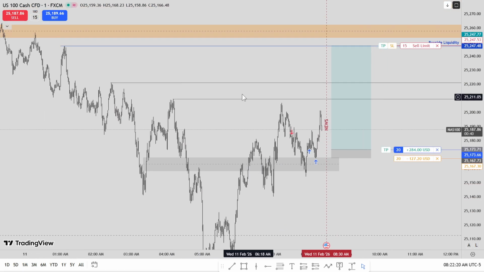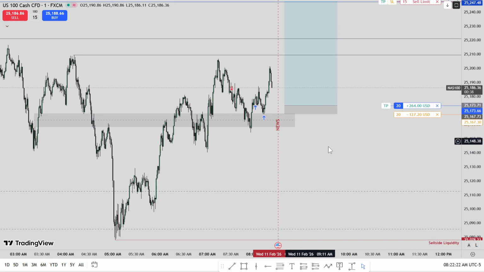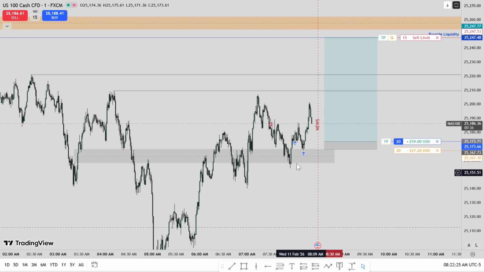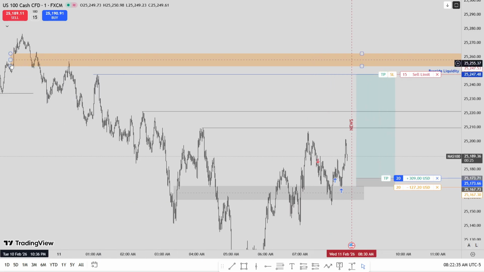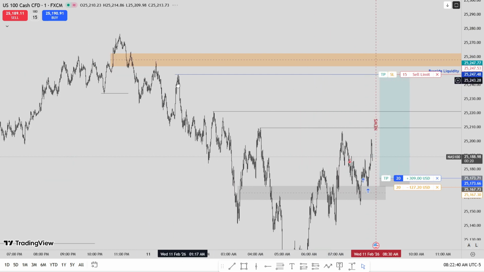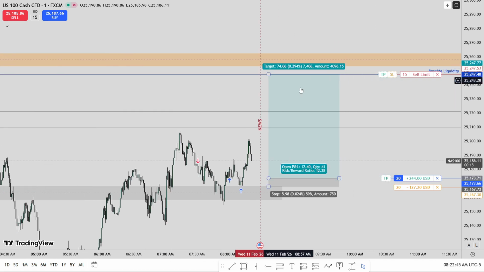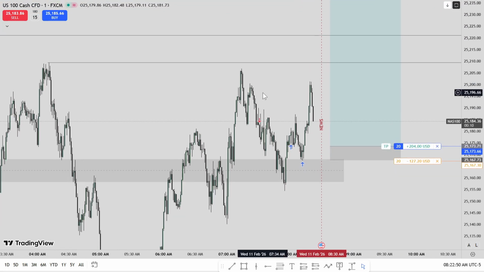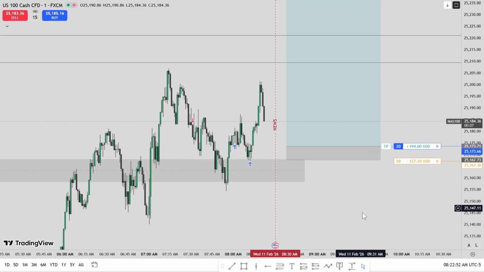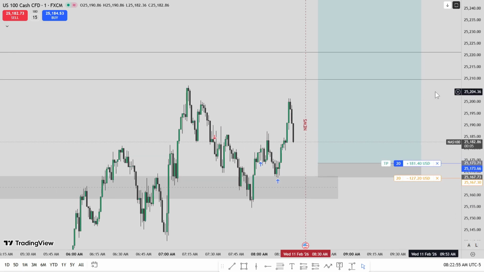If it stays below these two lines here, it's likely to take out this low first. But if it's staying above this low here, this one where I entered the position, then it might trade up into this 5 minute IFVG, and we also have a buy side liquidity pool up there, so it can trade up into that and then sell off. But we have high impact news at 8:30, so it could do literally anything. But I'm not worried about that.